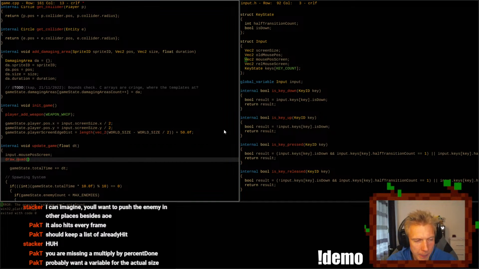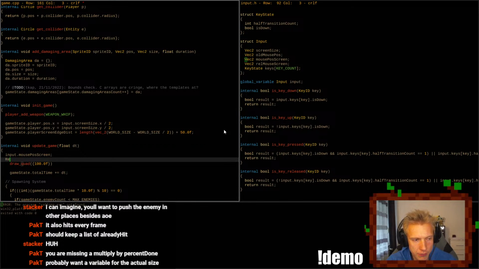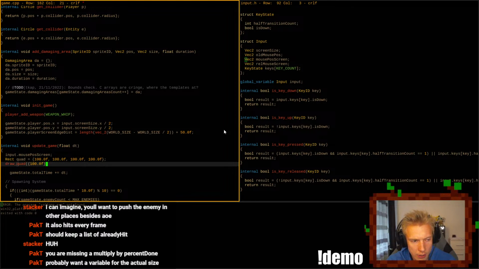Position, size at 100. Let's do a rect quad, which is 100. 100. 100. 100. And then we draw the quad. Quad dot position. Quad dot size.